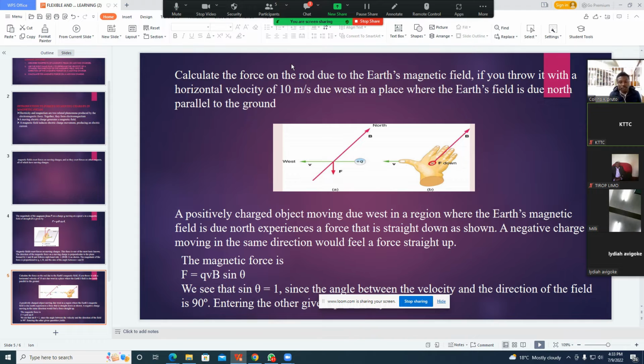So a positively charged object moving due west in a region where the earth's magnetic field is due north experiences a force that is straight down, as shown. A negative charge moving in the same direction would feel a force straight up. So on the formula,